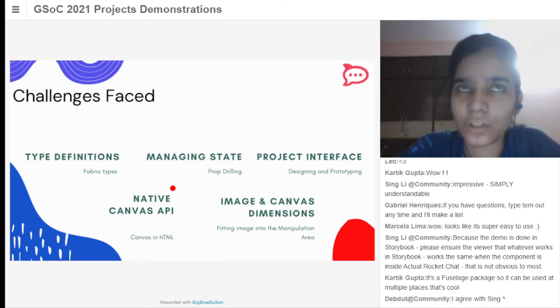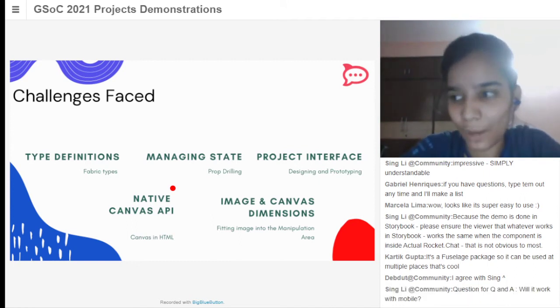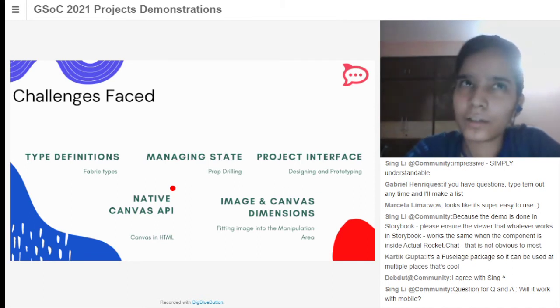Then we have the native Canvas API, but it doesn't provide the high level functionality which we needed, so it would again add to the complexity. But we found a solution: to use the HTML5 Canvas API using Fabric.js. What Fabric does is provide us with high level functionality over the HTML5 canvas only. So that was the solution.